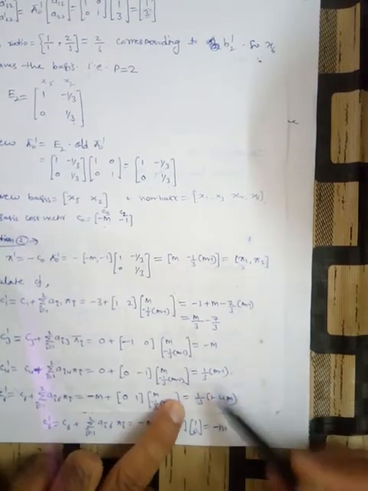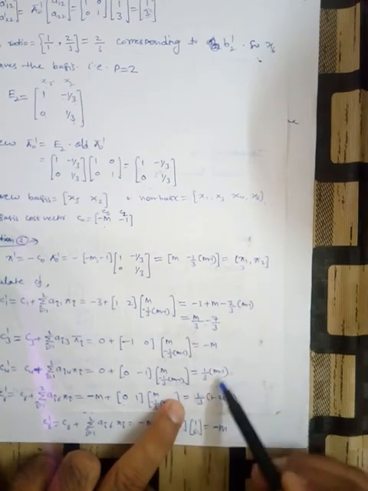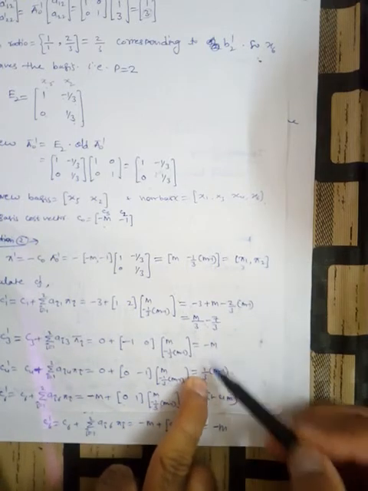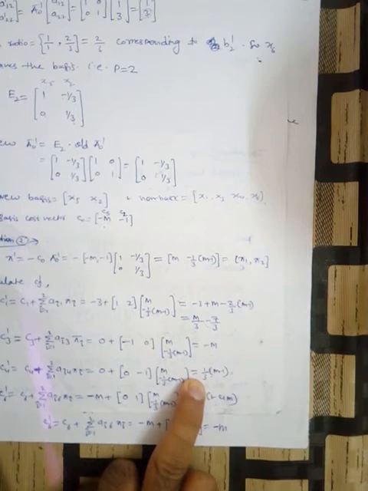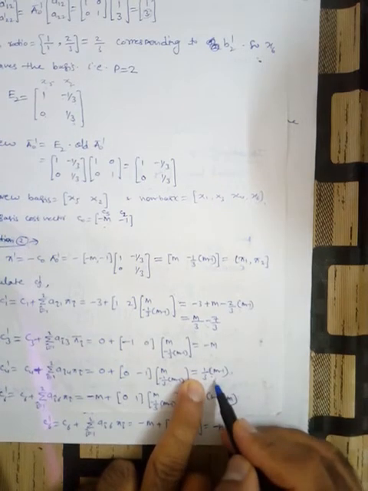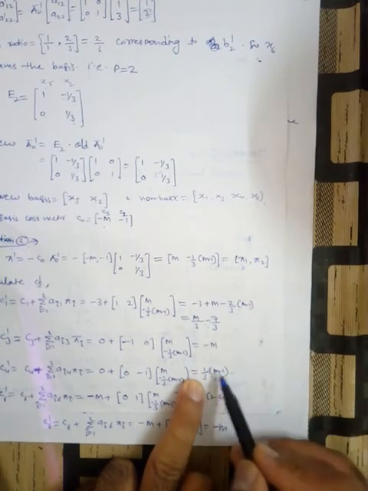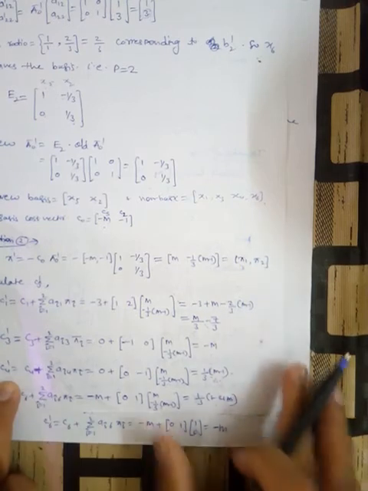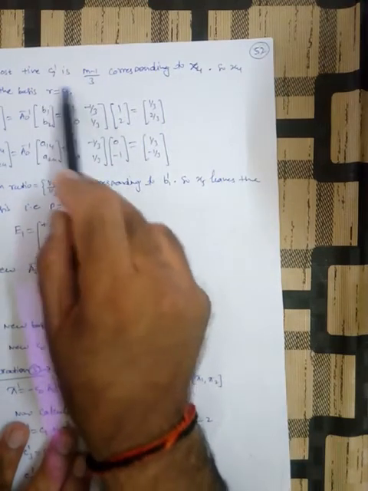Now among these four you will see that this quantity is positive because m is very large. This is negative, this is positive, this is negative, so two are positive. Due to this the solution is not optimum. Now among these two, which one is most positive? Obviously this quantity is most positive, m/3, but here it is -7/3, -1/3. So this quantity is most positive. So that's why x4 enters the basis. So here x4 is the entering variable, which is at the fourth column, so r is 4.